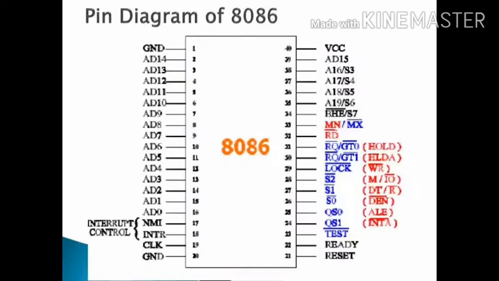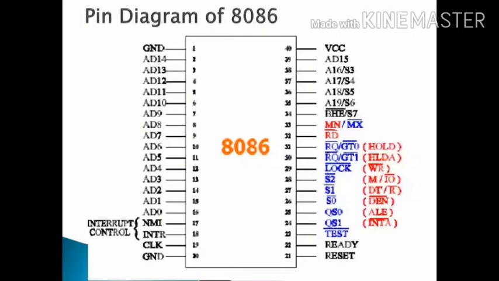The next pin is pin number 28, which is the memory input or output pin, and this is an output pin. So whenever the microprocessor wants to communicate with memory, the microprocessor outputs a logic 1 on this pin. So if it is set to 1, it means the microprocessor wants to communicate with the memory, and if this logic is set to 0, then the microprocessor wants to communicate with the input output ports of the